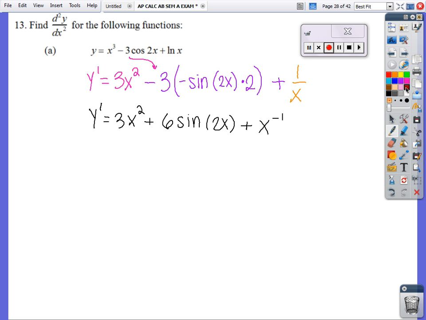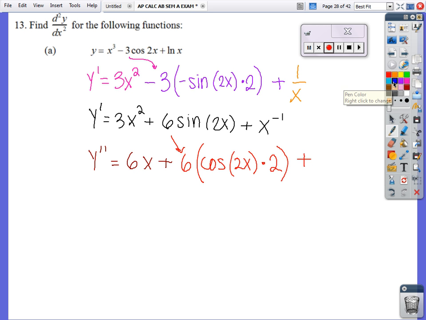Now I'm going to take the second derivative. We would get 6x plus, bring the 6 down, take the derivative of sine of 2x, so that would be derivative of the outside as cosine, leave the inside the same, multiply by the derivative of the inside, and then plus the last term, bring down the power, multiply by x to the negative 2 power,